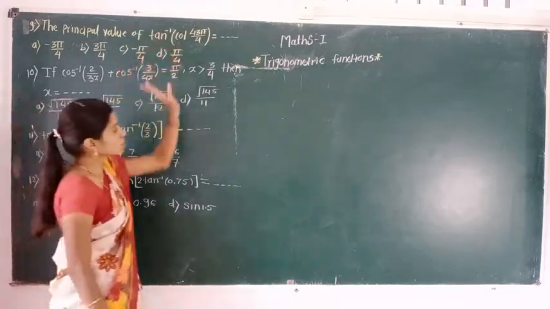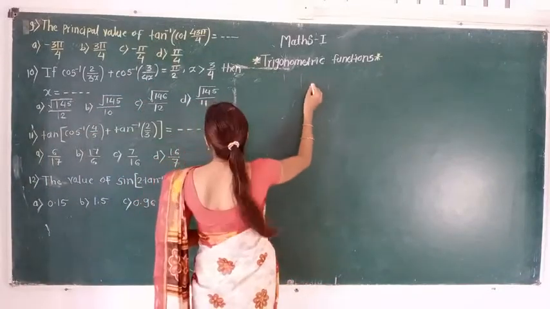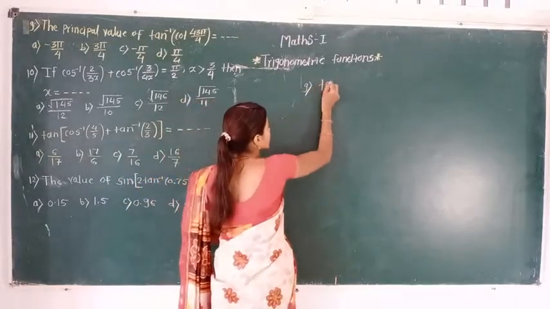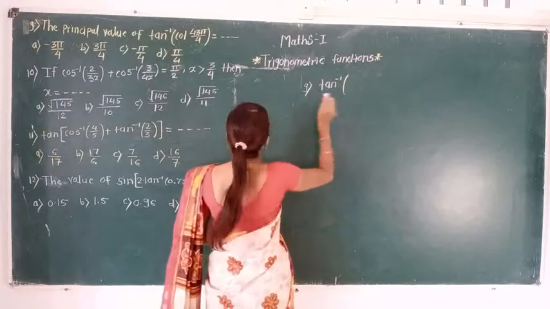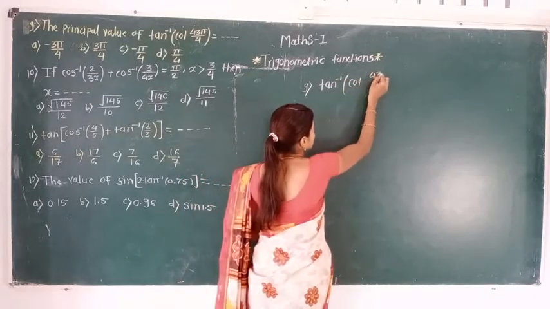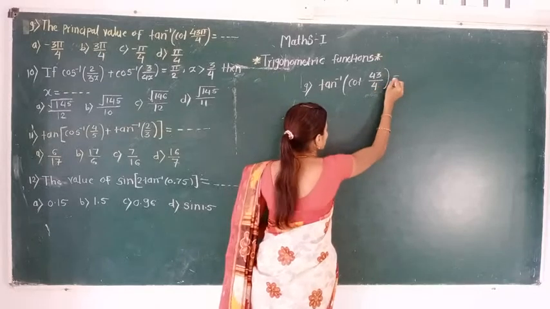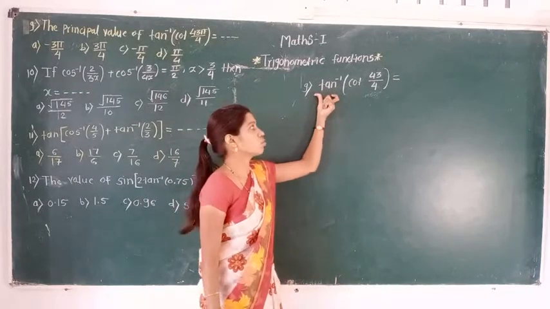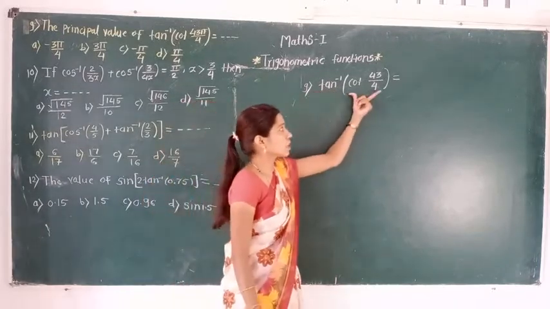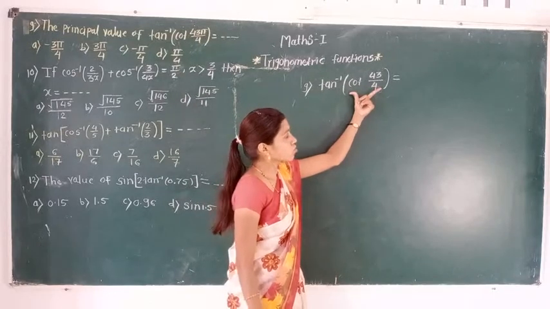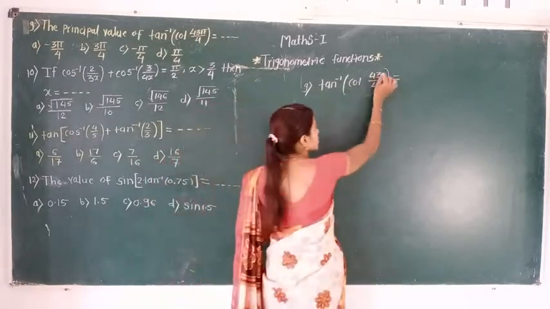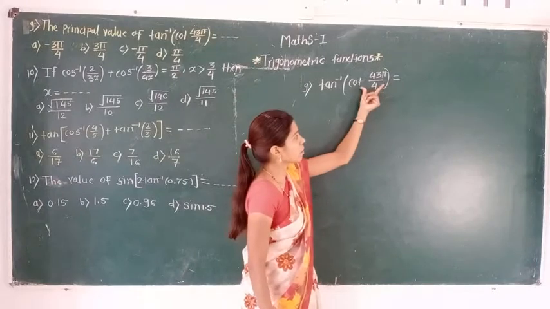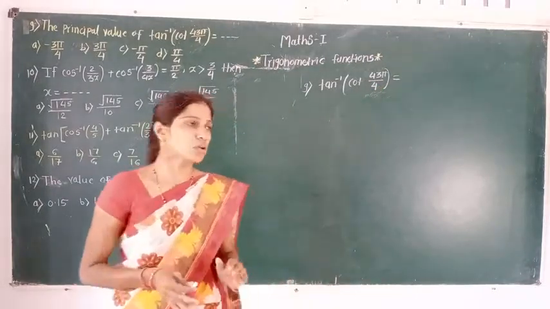So see, for solving this type of question we have to refer to the explanation of example number 9, tan inverse of cot 43 pi by 4. For solving these questions, first we transform the bracket to the tan function. Otherwise, see, this is a large angle. So first we transform this 43 pi by 4 to an angle between 0 and 90 degrees.